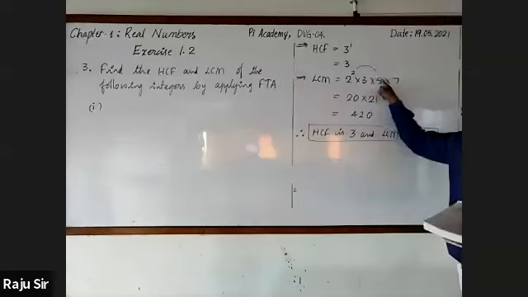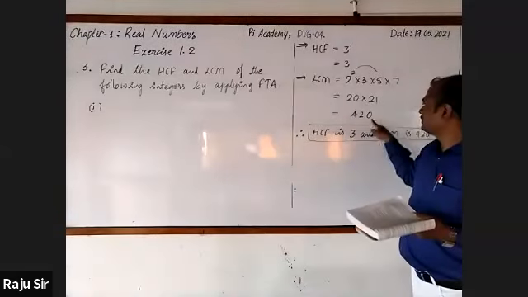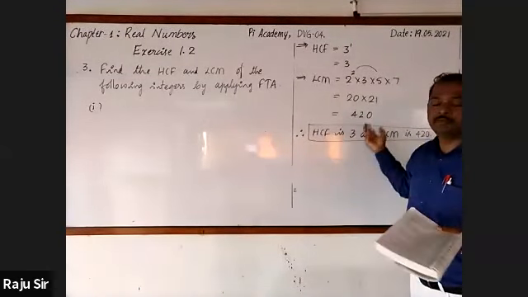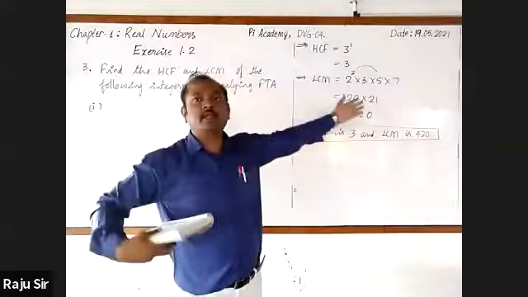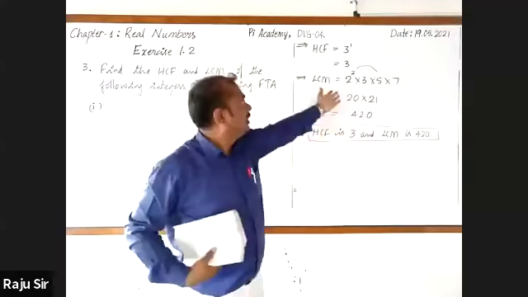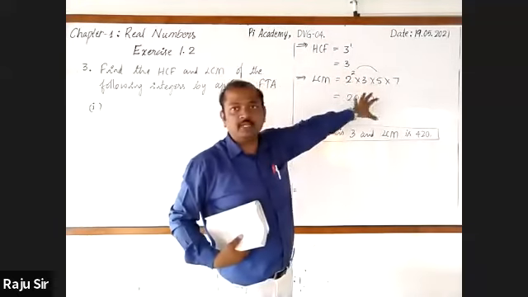2 square is 4, 4 5s are 20, 3 7s are 21, 21 20s are 420. It will be easier and will save your time also. Sir, 2 square into 3, so 12 it will become, 12 into 5 is 60, 60 into 7, 420 it will come, no, sir. That is also right. You can find out the product in different ways by interchanging the orders of the prime factors involved in this prime factorization, by the commutative property. But I have been telling you the simplest one.